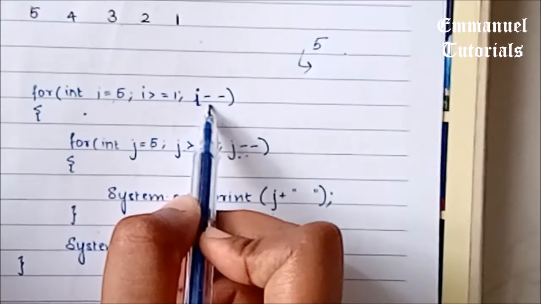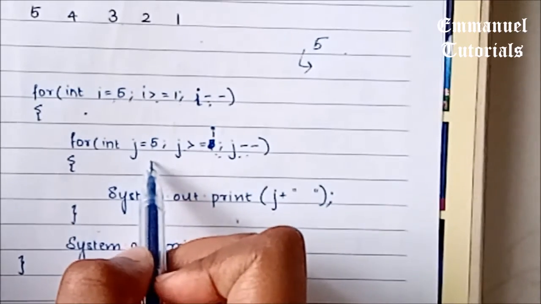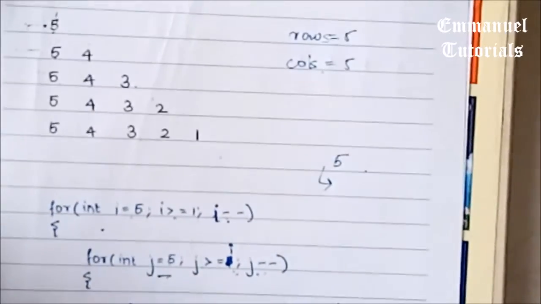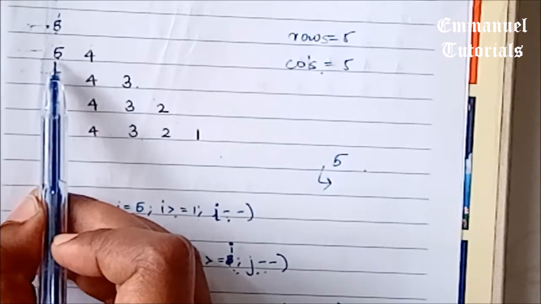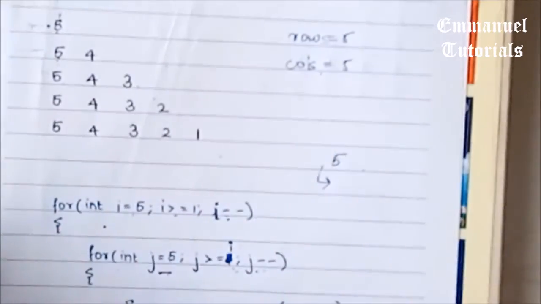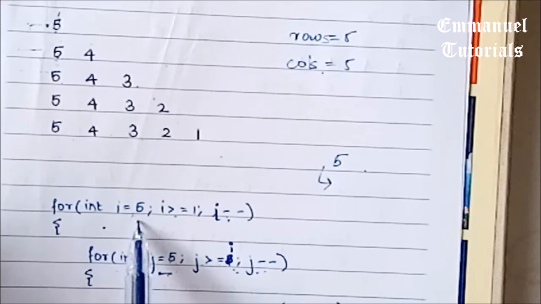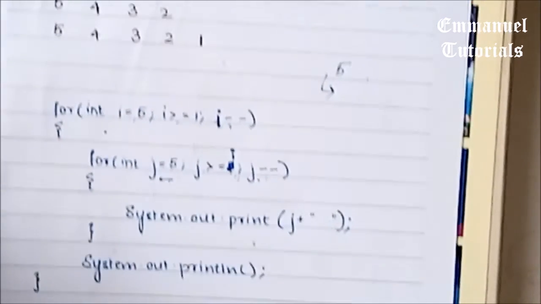Now the value of I gets decremented, which is 4. 4 is greater than or equal to 1, so it moves inside the loop. Now this again begins from 5. So we can see why we have written this, because in each row the numbers are getting printed beginning from 5. So that's the reason we have taken the inner loop for J beginning from 5 up to I. And that is the reason we have started I also from 5. In this case, we would not be able to begin it from 1 for this logic that we have applied.